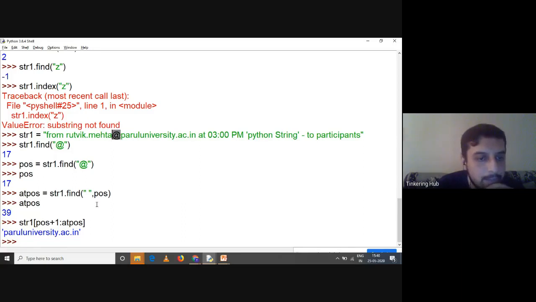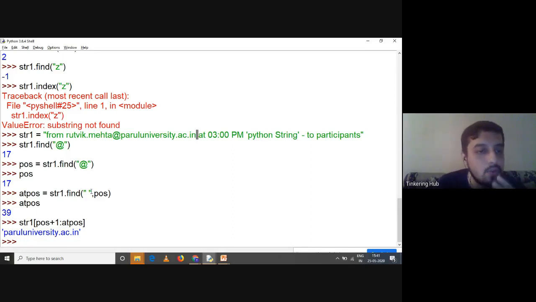Because if I don't specify post, what will be the first index of white space over here? Can you see this? After from. So we don't want to extract this. We want to extract the white space after @, right? So @ was found at position number 17, right? And we are looking for the white space after @, which is at position number 39. We know it manually, but how will the program know it?